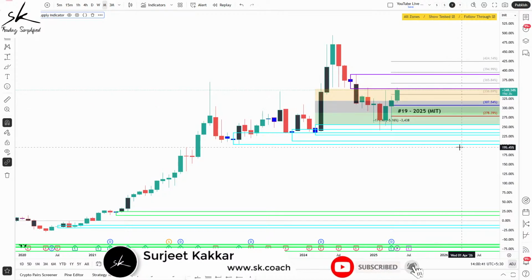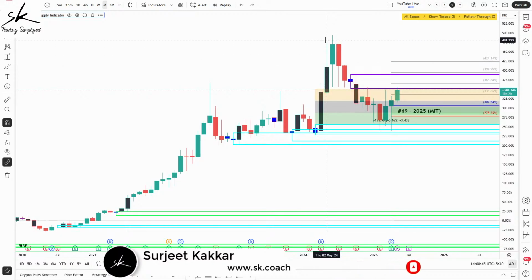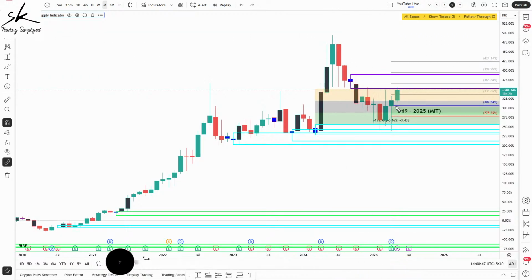Now let's assume I still want to plan this trade. Like I said, this can be a conditional trade. What will be that condition? If I want to plan this trade, I will wait for the violation of this monthly zone, the HTF zone, to happen. Because if this monthly zone gets violated, that basically tells me that the smaller time frame zone, which we can say was the kid, has some extraordinary strength, and that is the reason it has been able to defeat the adult.